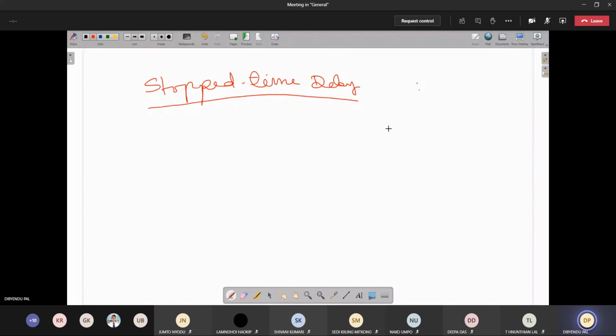Say you are going by a government bus, say from Bandardua to Itanagar. There is a bus stand, a PST bus stand at Naharlagan. So they may have fixed some time to take rest at Naharlagan bus stand because of passengers alighting, or maybe for taking tea and all other things. So this delay, because the vehicle was at rest, will be called the stop time delay. Next, another type of delay is called fixed delay.